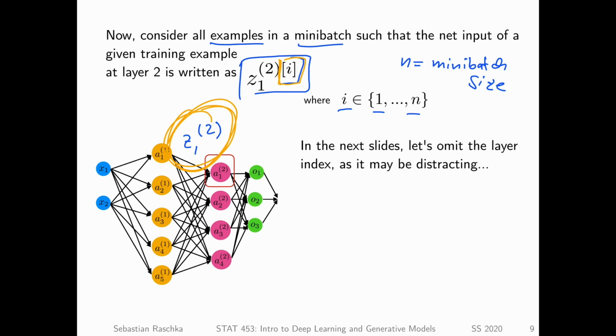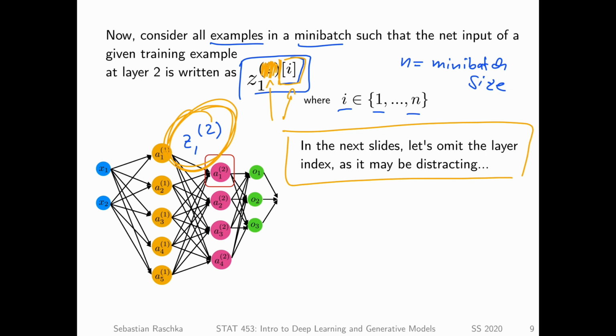Because it's getting a little bit crowded here with all these indexes, so we have already 2 superscripts here. So like I'm saying here in the next slides, I'm just omitting the layer index because the concept is also super general. It applies to any hidden layer. So let's just talk about a hidden layer, not about a specific one. So let's just not worry about the layer index for now because it's a very general method. But if you want, you can just think of it that there is a superscript with the layer index.